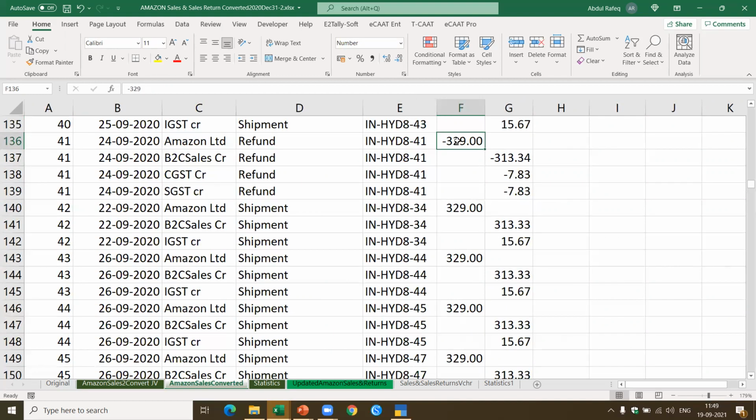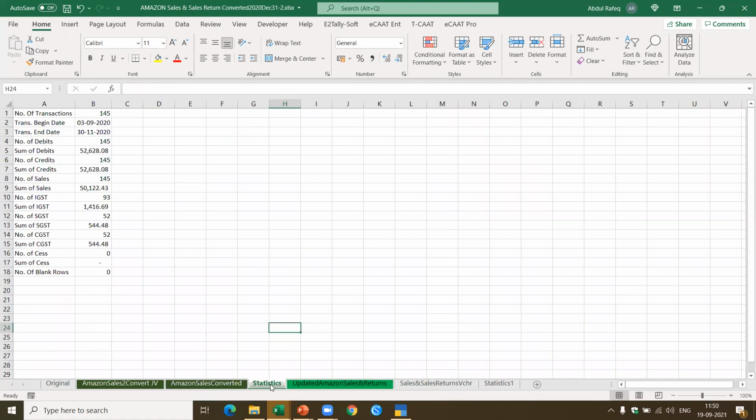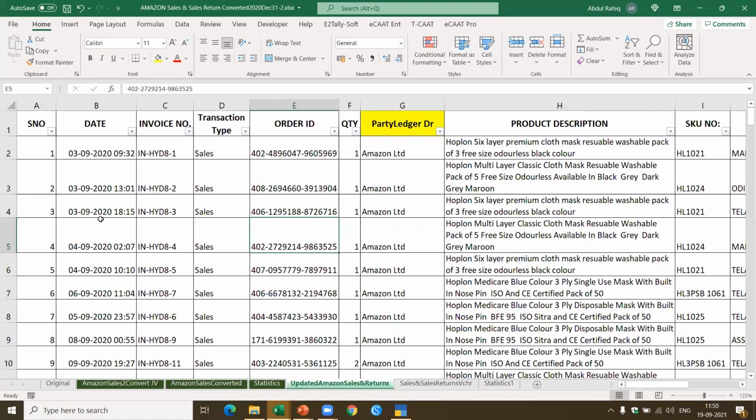So this particular transaction will be debited because it has a minus. This also will be debited. And then when we do a tallying, it finds that the total debit is 658 and there's no corresponding credit. It will say there is a difference in the voucher. For that, what do we do? I'll show you how we converted this. We updated this particular data.